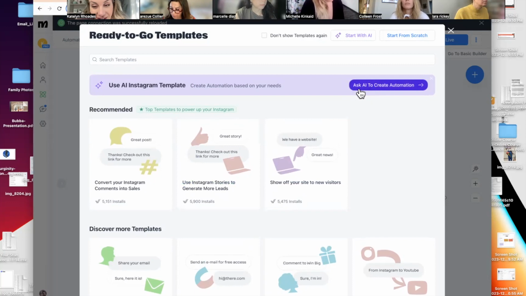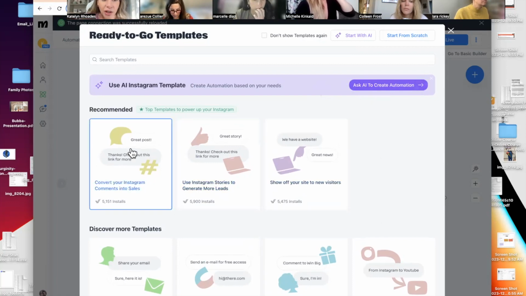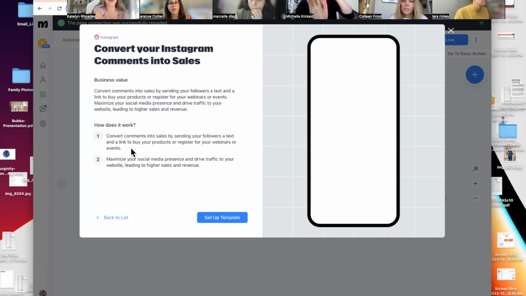You can also see here, ask AI to create an automation for you. So maybe you have something in mind, but you don't exactly know how to promote it. You could come in here and write that out, and then Manychat will help you come up with that. So for right now, we're just going to do the convert your Instagram comments into sales. Once you click on that,